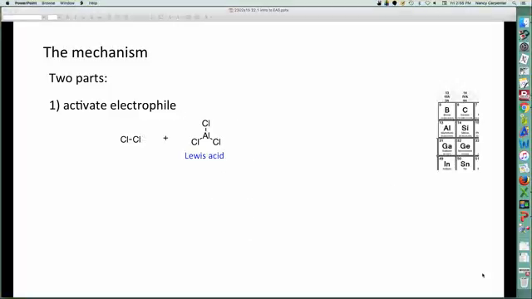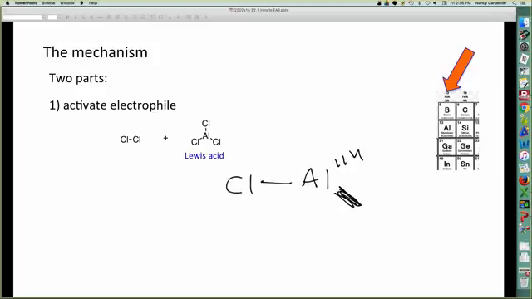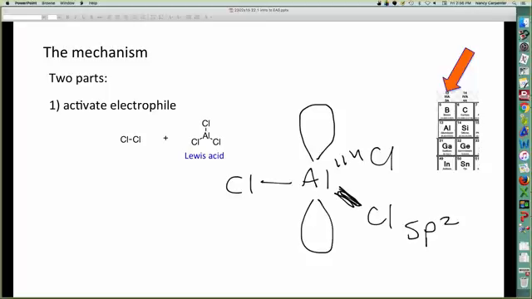Looking at our friendly periodic table, there's aluminum right there in group 13, which is telling you, of course, that it typically only has 3 bonds. And that is sensible because it's aluminum trichloride after all. VSEPR says it's going to be trigonal planar, and molecular orbital theory hybridization says it's going to be sp2,